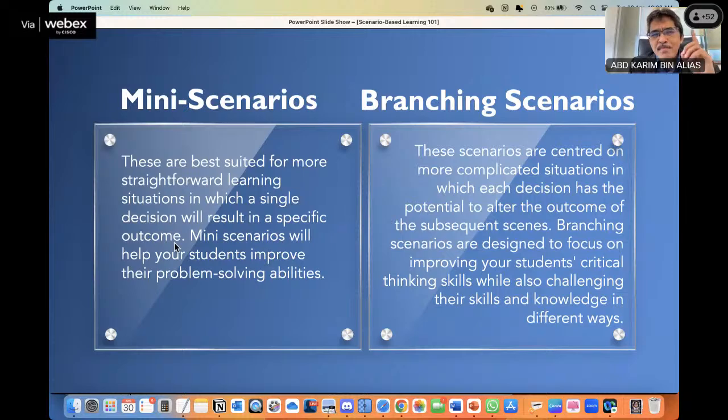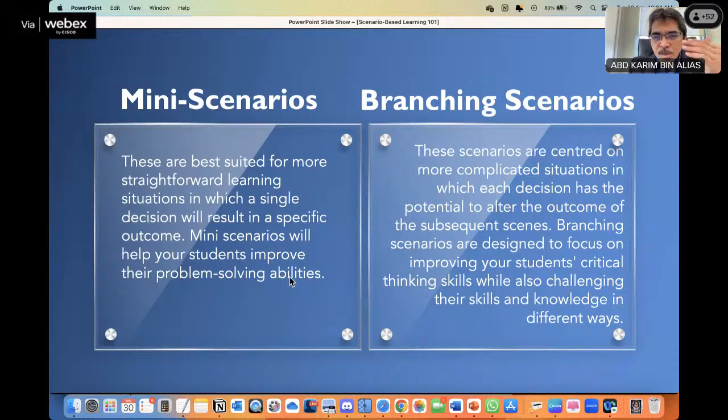So there will be maybe one option out of three or four that is the most appropriate one. It doesn't mean that it is the correct one, but it can be the most appropriate one. Mini scenarios will help your students improve their problem-solving abilities.